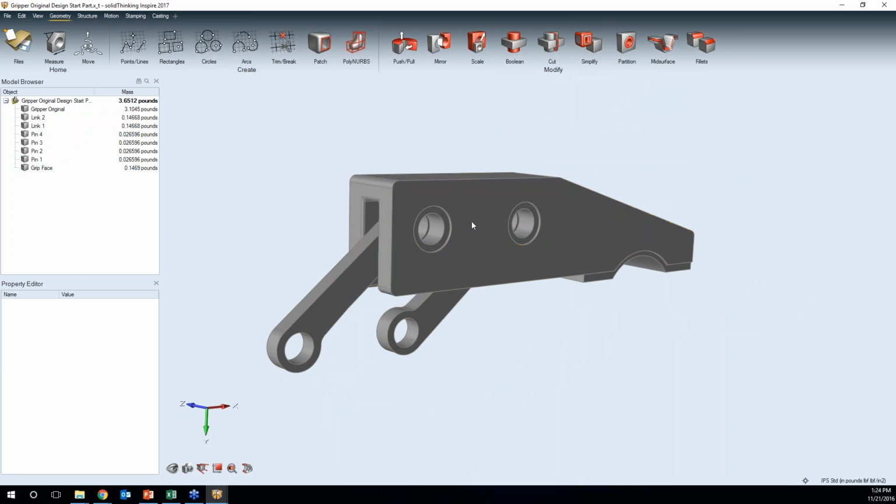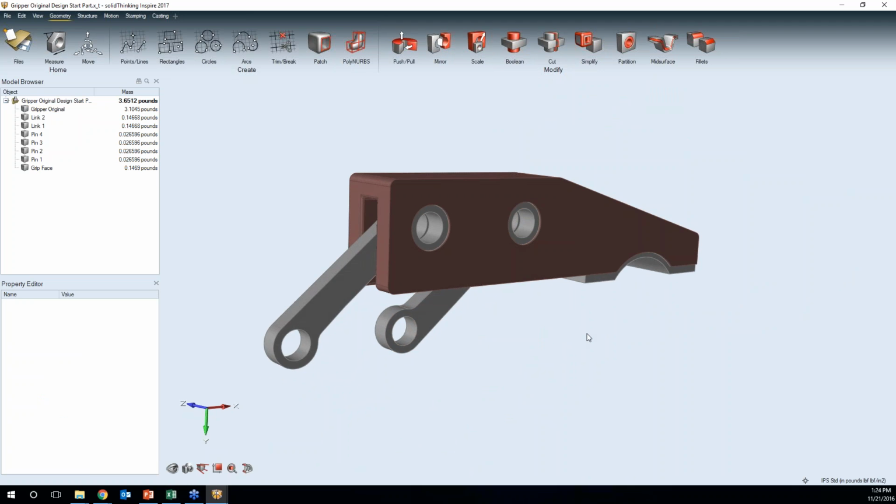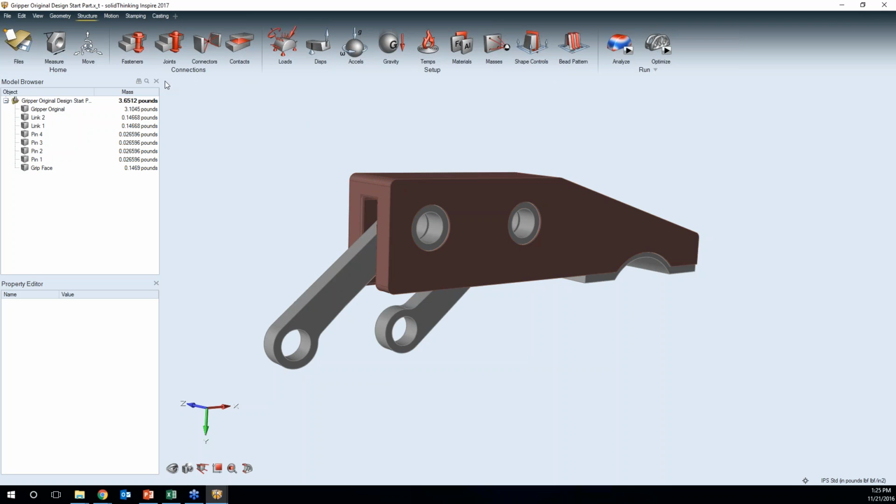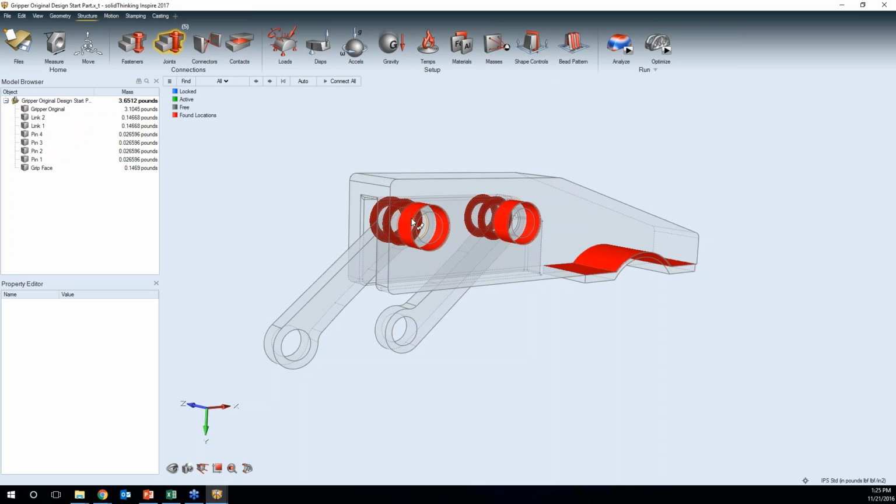And now we've set that as our design space, right? So everything here in red will be touched by the optimizer. Everything in gray is still part of the analysis, but it's not going to be touched by the optimization process. Once you've set up your design space, it's really about defining how things are connected to each other. Right? So I can fill in